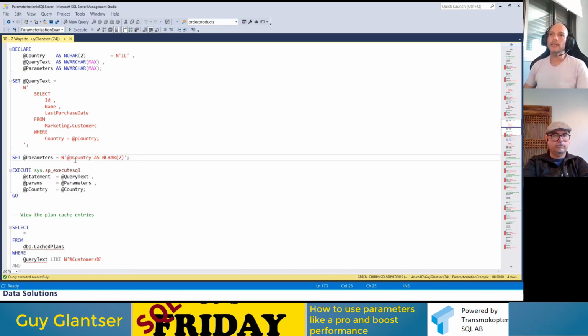And for each parameter declared here, I can now pass a value for this specific execution. So I'm going to pass into the P country parameter the value of the country local variable. So it's essentially like a stored procedure, but an ad hoc stored procedure. I don't really create an object like a stored procedure, but I'm passing parameters into the dynamic batch, and I'm running it with this parameter inside.